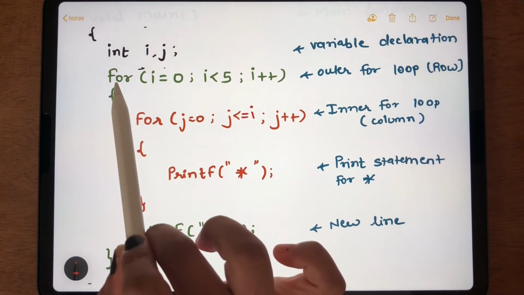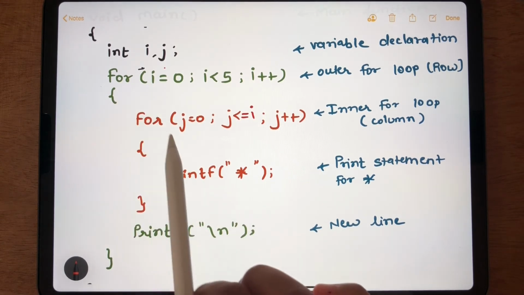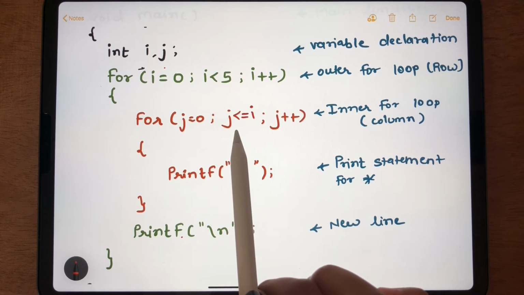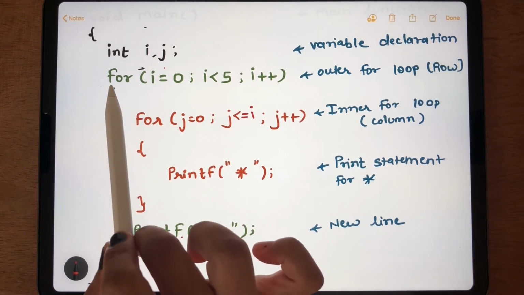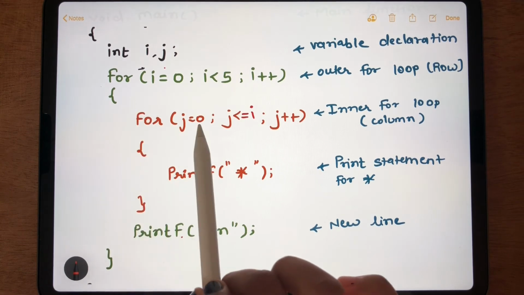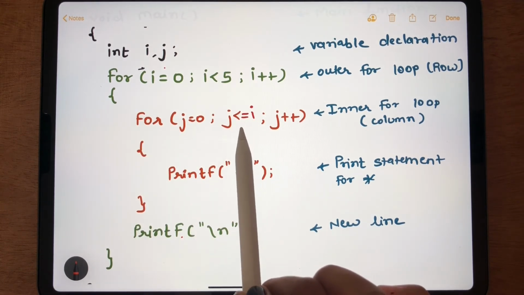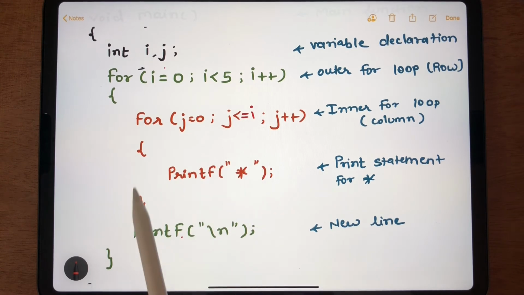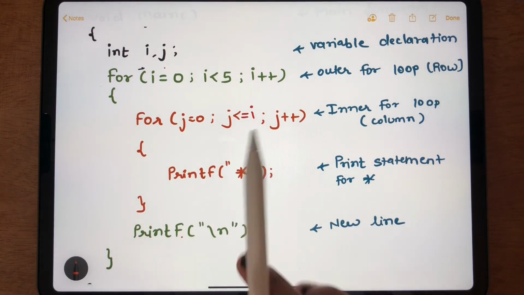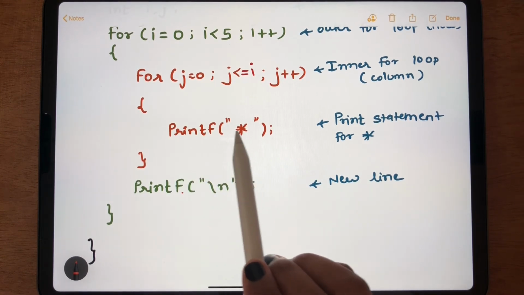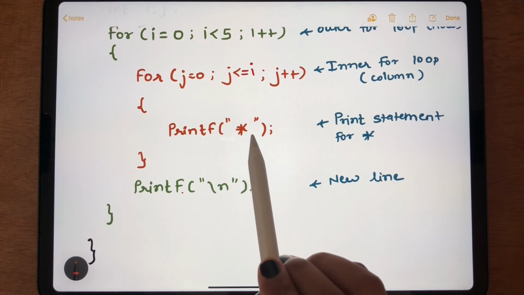For every value of i, the inner for loop is executed until the given condition. For each iteration of the outer for loop, j is executed until this given condition. And when the inner for loop is executed, every time it executes this statement, which is used for printing the star, and this is how our star is formed.